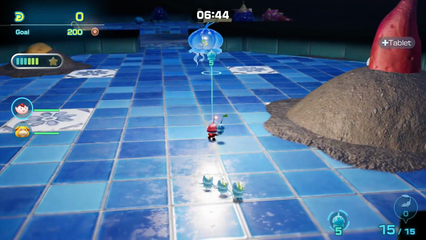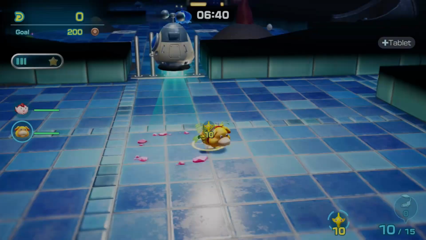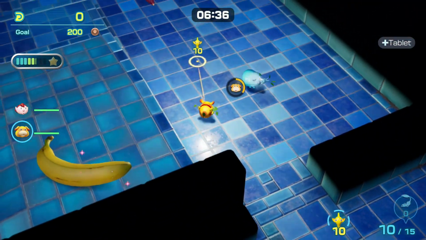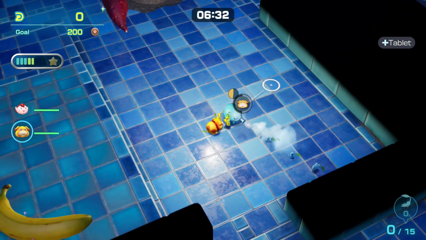We're going to take the captain through these bollards and throw 5 ice Pikmin at the jelly float. Pretty much as soon as it's at half or earlier, you can just switch to Ochi. We're going to take out this